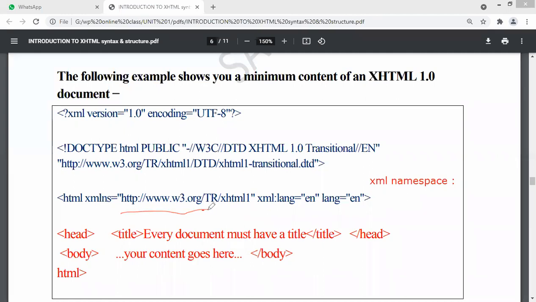What is the type of namespace? Transitional. Version is XHTML1. xml:lang equals en, language is equal to en. So it will allow both encoded and Unicode formats of the English language, right? If you include this header also, it will allow you any form of English, UK English, US English, which is the Western type of English. All those English letters are allowed, right? All those transactions are possible there, right?